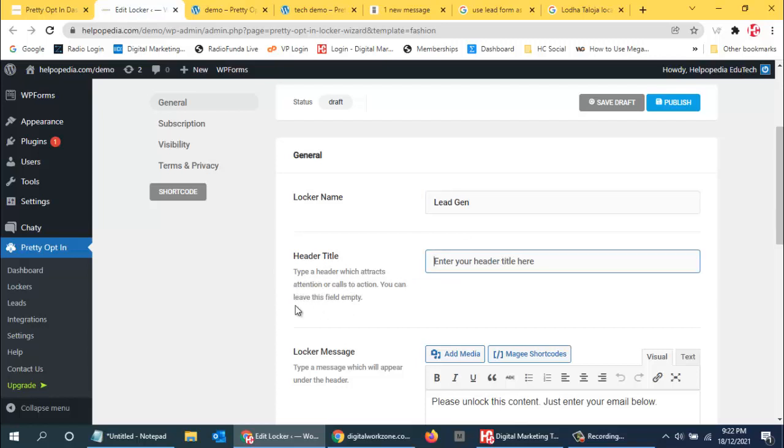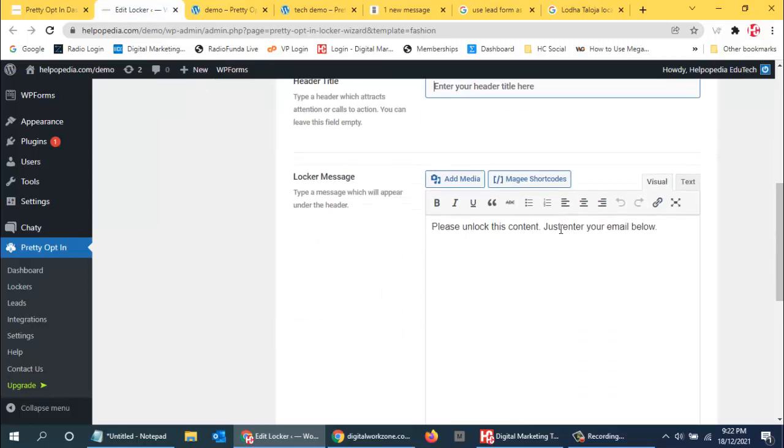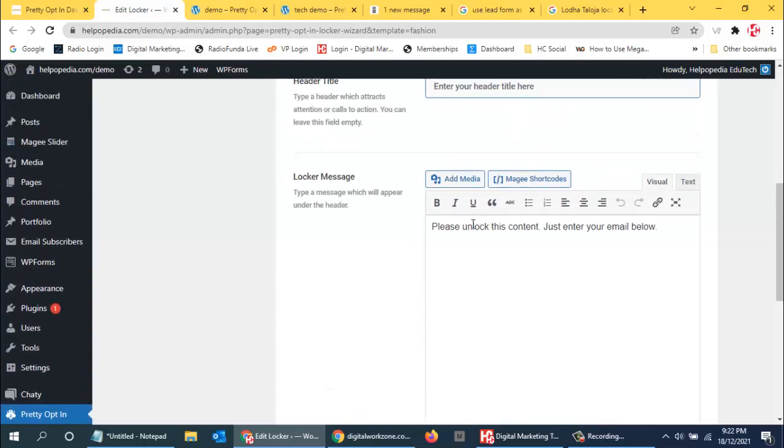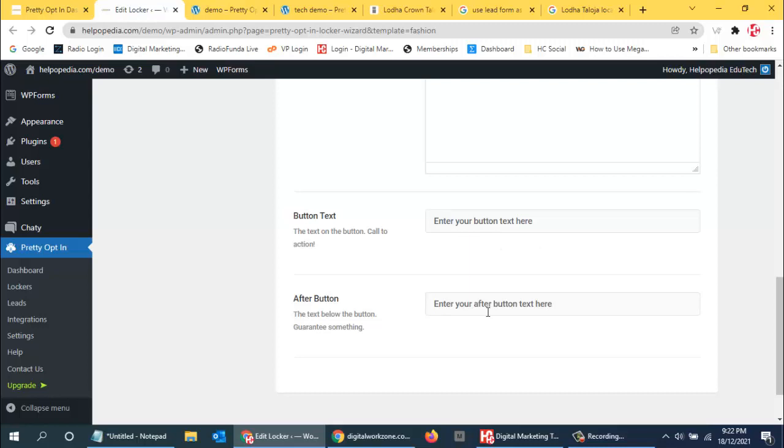Okay, so this is the button text. Enter the button text. Submit after button. So the text below the button guarantees something. Enter your after button text.